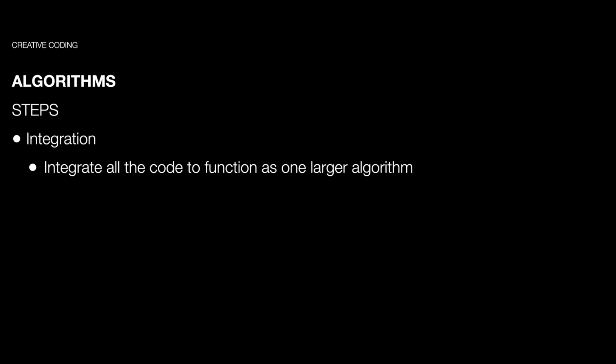And then the last part is integrating all the code, so that it's all talking to each other. If you have different functions, how can you call those functions? If you have data, how do you reference the data across? Because we're going to have to look at the x and y position and the size of these circles, right? And we have to access that in order to make this whole thing run. So let's start coding this.